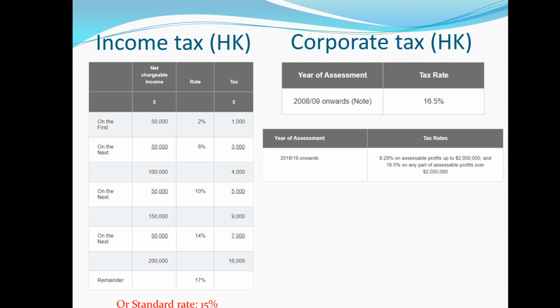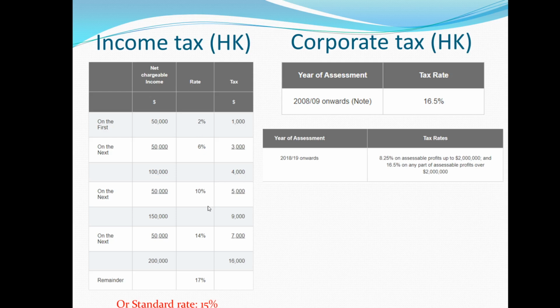No, that's not tax evasion. Tax evasion is when you just don't care. I'm not going to pay any tax. That's tax evasion. That's illegal. But when we are talking about tax avoidance, we are trying to minimize our tax expenses legally. Because there are so many rules in this taxation system, we just have to play around with the system in order to minimize our tax expense. Yeah, that's very good.